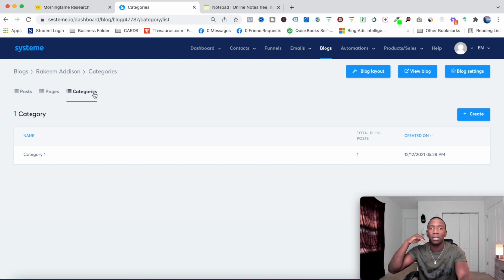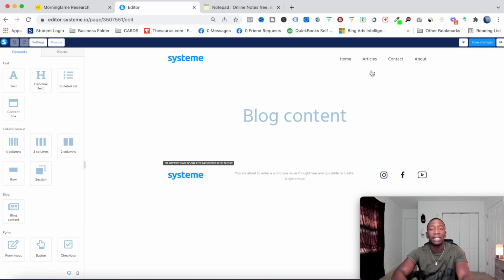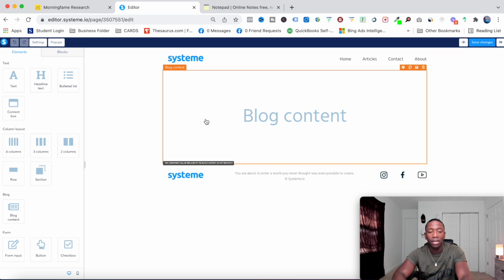So if you're going to be talking about video marketing, online tools, blogging, Instagram, it's sectioning everything off. That's essentially what that is. All right, so before we go to any of that, we want to go to the blog layout. This is where we get to edit our footers and our headers, and also how our blog posts will be structured.